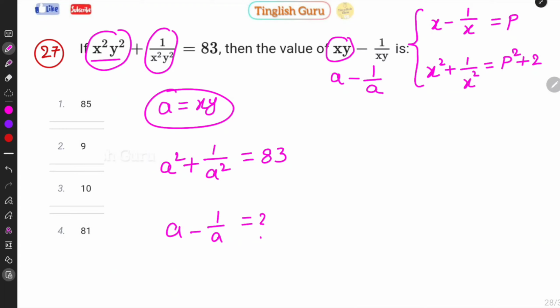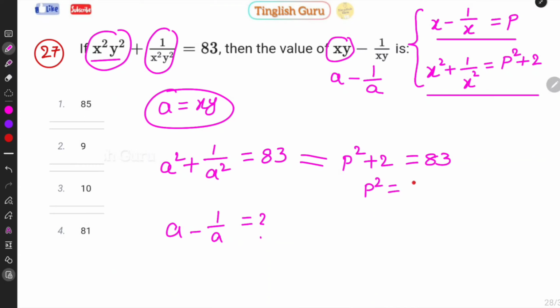So as explained in my earlier video, you can find it with a very simple calculation. If x minus 1 by x is p, then x square plus 1 by x square is equal to p square plus 2. That means here p square plus 2 value will be 83. p square will be 81 and p will be 9. This is nothing but a minus 1 by a value. So our answer is 9. So in order to know the complete explanation, watch the other video. In order to save time in this video, I am not explaining that. Next,